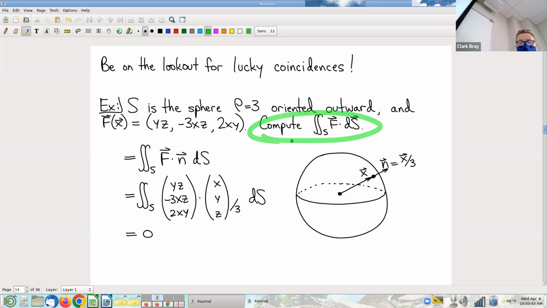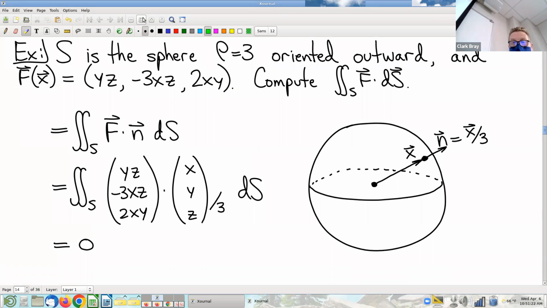So now, again, you could parameterize. Let's try to think how that's going to play out. If I parameterize, I'm probably going to use a spherical graph parameterization. That means there's going to be a lot of trig. That means that when I find my capital N vector, I'm going to be taking cross products of partials of lots of trig. It's not that it can't be done, but it's a little tedious, and all else being equal, nice to be avoided. So the alternative here is to just notice that because of the geometry, I can actually immediately write down